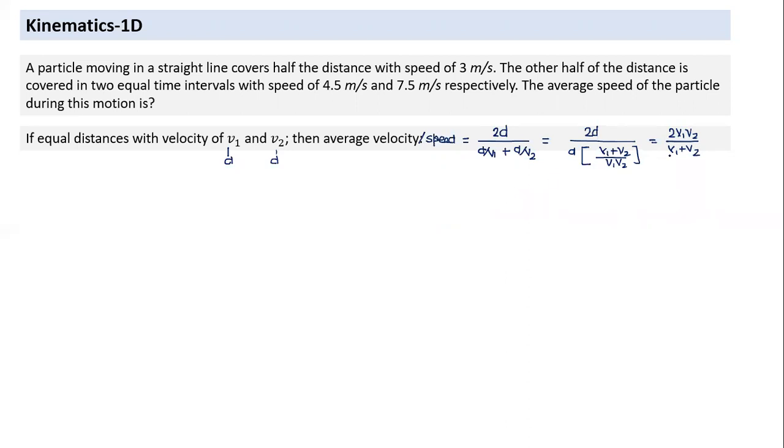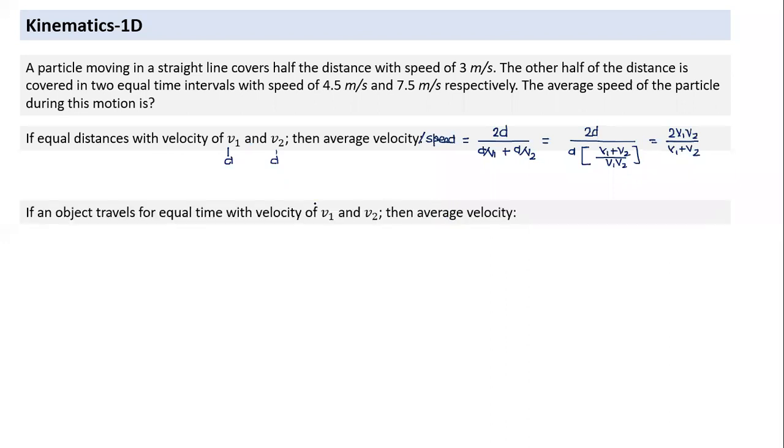And then, are you clear how you did that? If you don't remember the formula, what will happen? You interchange those two. So this is the average velocity when equal distances are traveled with velocities V1 and V2. Dev, you would have done this also? Yes, sir. So in a similar way I asked a different one. Understand the difference between the two.